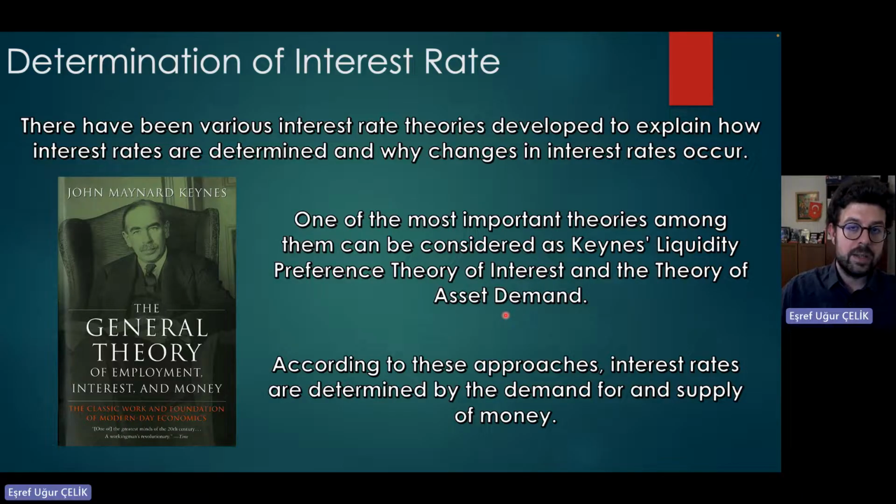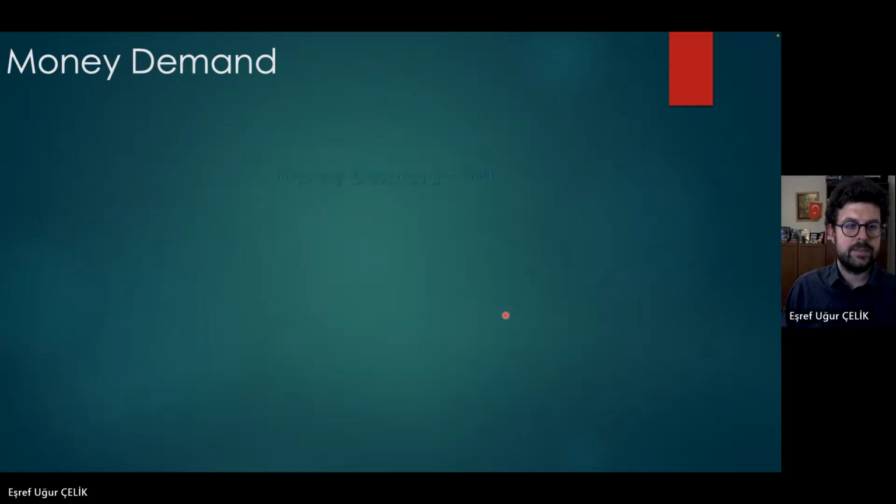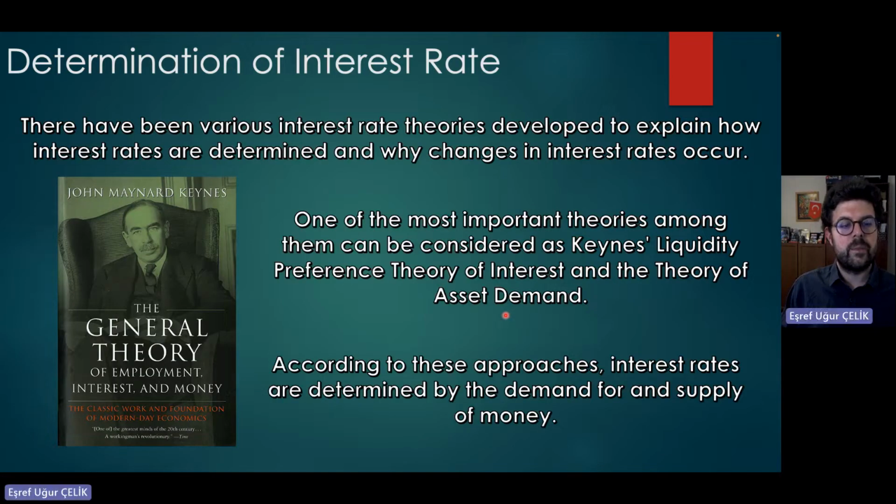He focused on the money demand part and money supply part, and he said the intersection point of money demand and money supply gives the equilibrium interest rate. And in the money market, we can use that percentage, okay? We focus on detail in other slides. Okay, Keynes said money demand and money supply. Let's focus on the money demand part and money supply part.